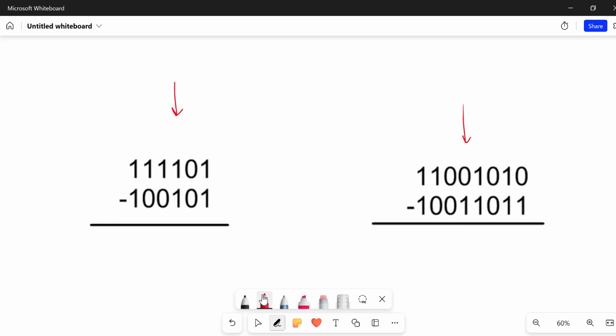Okay, 1 take away 1 gives us 0. 0 take away 0 gives us 0. 1 take away 1 gives us 0. 1 take away 0 gives us 1. 1 take away 0 gives us 1. 1 take away 1 gives us 0. Nice and simple, that one. It's simple because there's no carrying involved. On the other side,